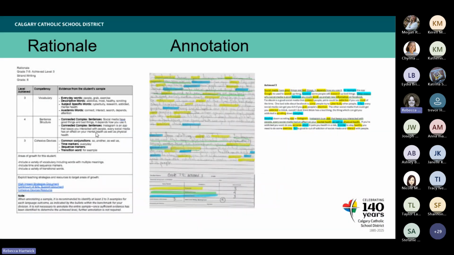So when you open the document, the very first page is the rationale. It highlights the vocabulary that they used and the specific vocabulary words from the sample that were considered to be, in this case, achieving a level 3. And then you'll see the sentence structure, examples of the sentence structure that were found, examples of cohesive devices that were found, areas of growth for the student are listed, and then some teaching strategies to help with the areas of growth. Here you'll see this was the student's piece of writing and we annotated it on